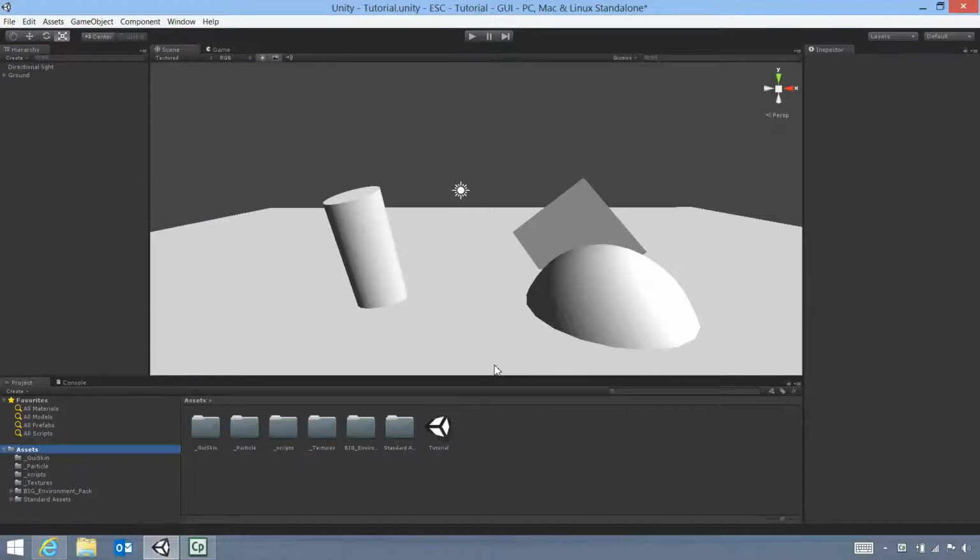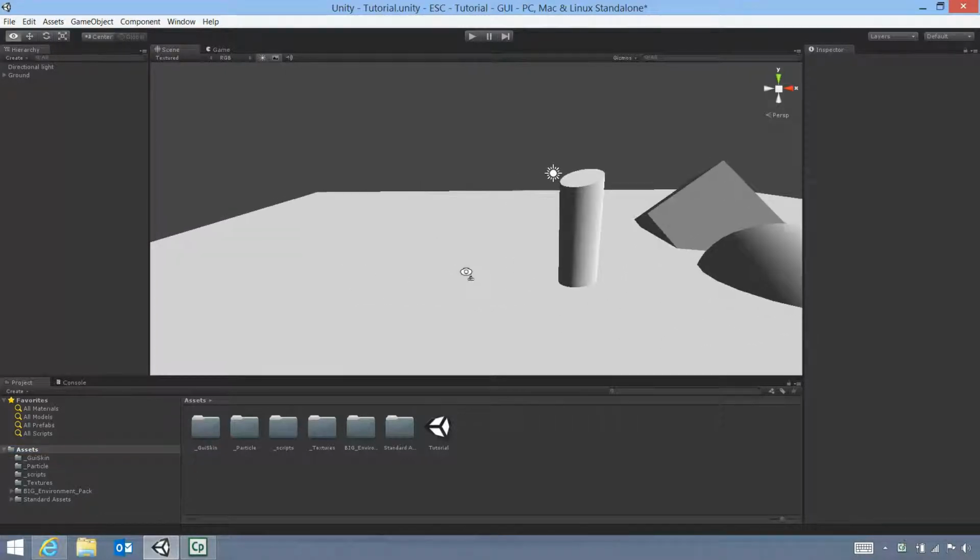G'day. In this video, we're going to be looking at triggers and making certain events happen at certain times, so making our games do things when we want them to. Now, a trigger is something where when we walk through it, or one object collides with another object, it can trigger an event. So what we're going to do is create a simple scene over on the